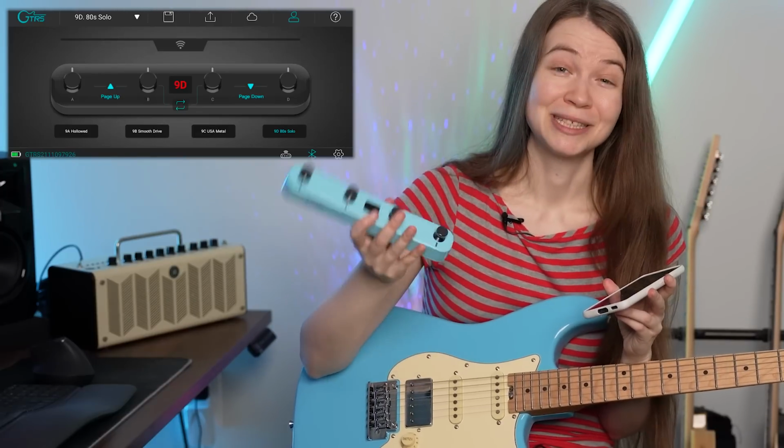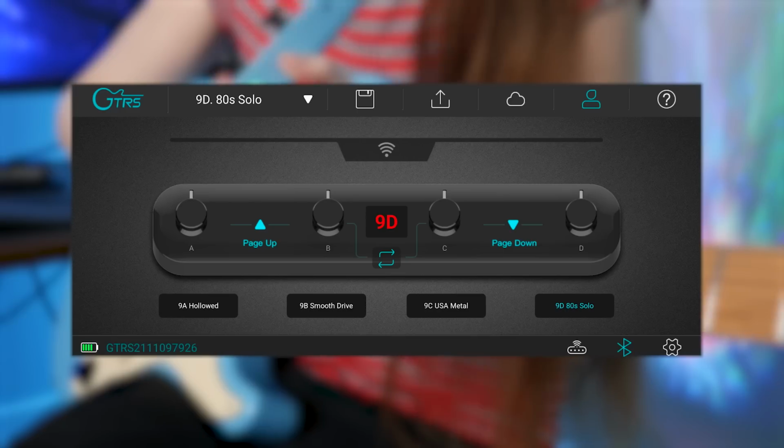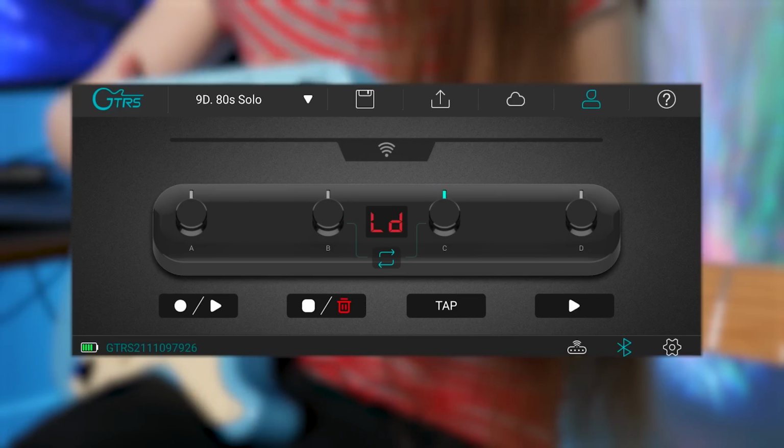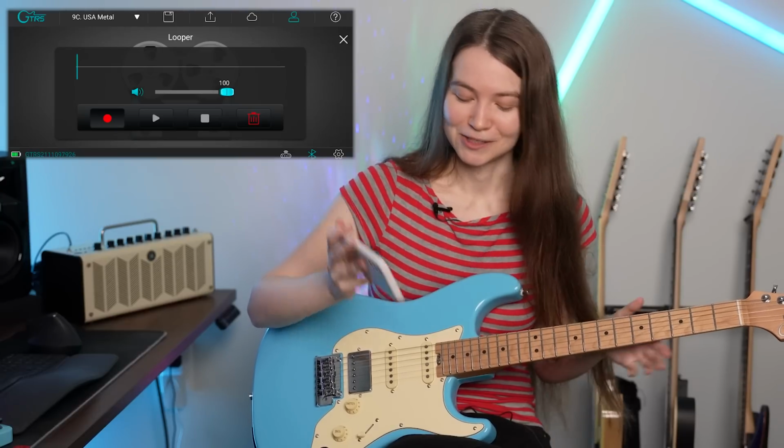And speaking of the foot switch, you can easily connect the foot switch to the app as well, and it will show you which presets are loaded onto it, which will be the same ones that are loaded onto the guitar, the same 4, but you can also toggle the mode to control a built-in looper as well. The built-in looper will start recording when you play something on the guitar, so you hit the record button,